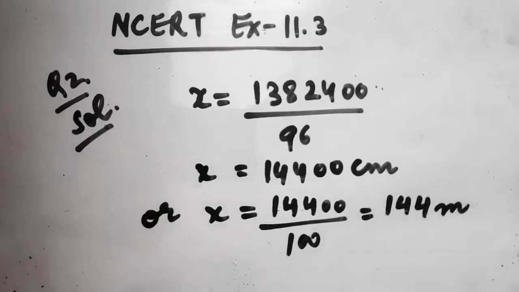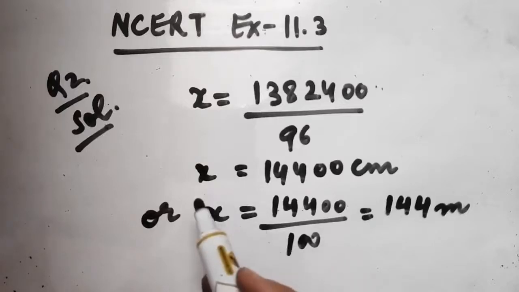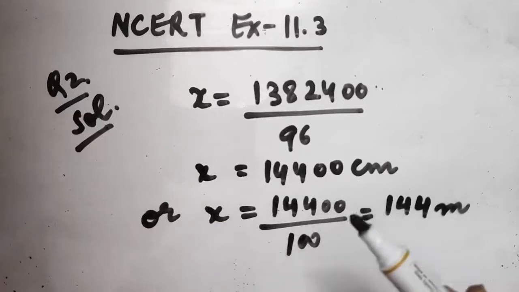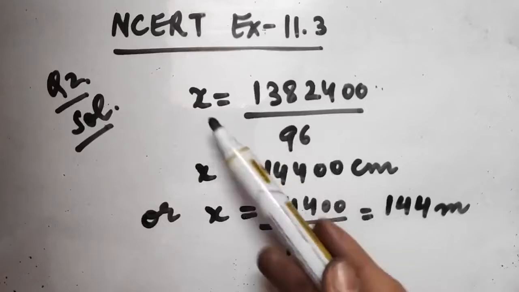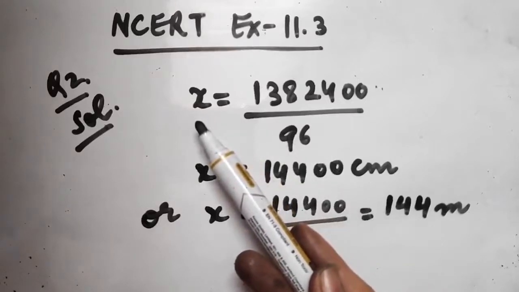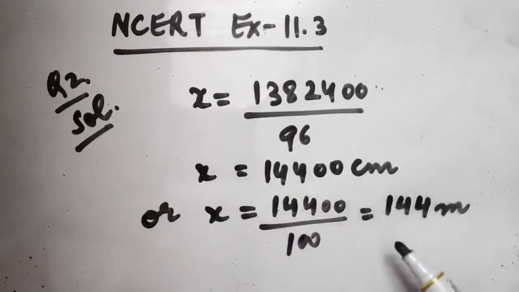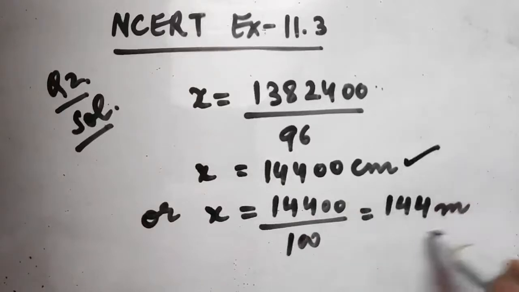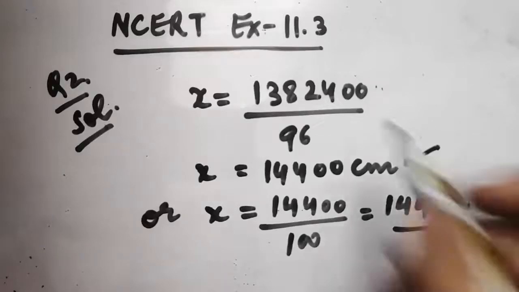So that will be equal to 144 meters. In this question, basically you are supposed to find the total surface area of the suitcase, and then as cloth was required for 100 such suitcases, we have multiplied it by 100, or this multiplication by 100 can be done in the end also. Then the width was given, so we have calculated the length of the cloth required to cover 100 such suitcases. You can leave the answer in centimeters or convert it into meters also. So let us talk about the next question of exercise 11.3.